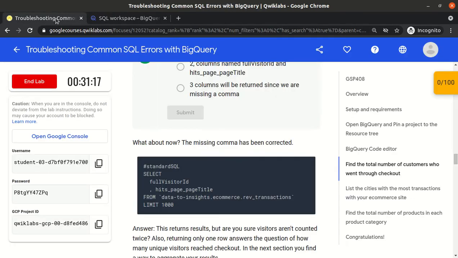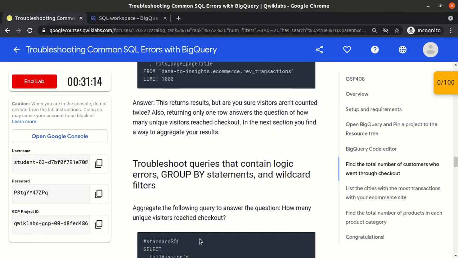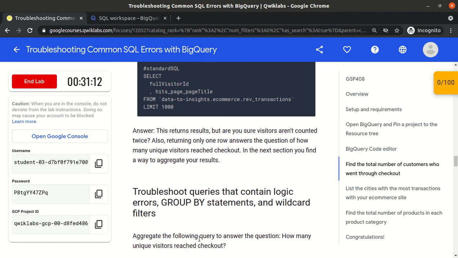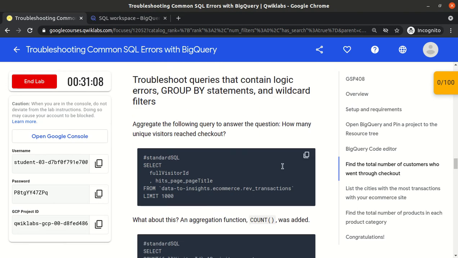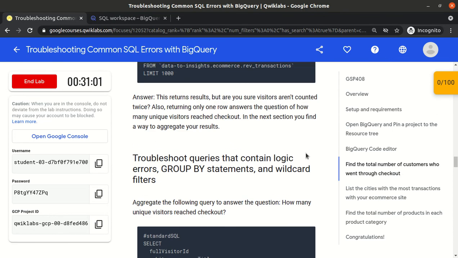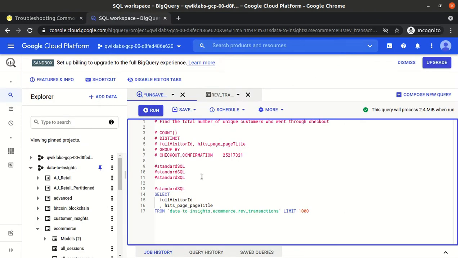But what is wrong in this query? Okay, they have not asked any question. Now they updated the query. But this query is correct.